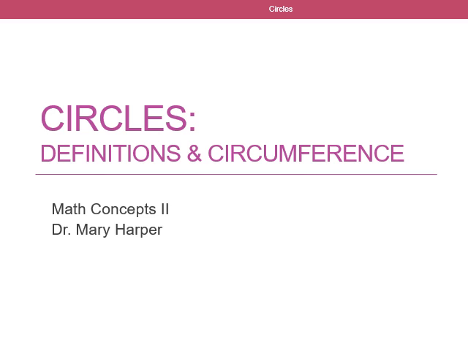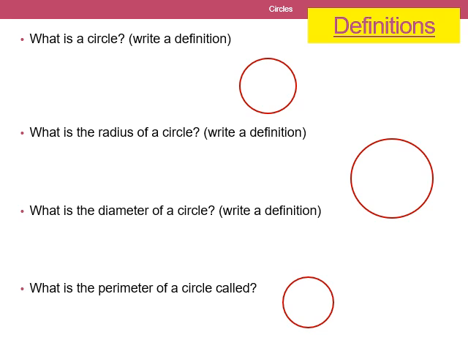Okay, this is a follow-up for the circles part 1 and circles part 2 that you did on your handout. We're going to talk about some definitions and find some circumference. As we look at some of the definitions on this slide, like what is a circle, what is the radius, what is the diameter, what is the perimeter, and the first and easiest one to go over is the radius